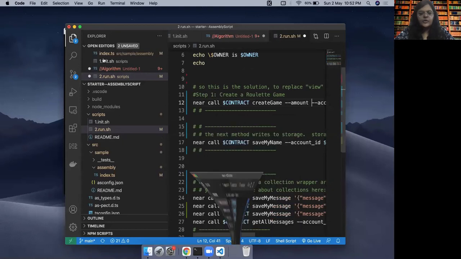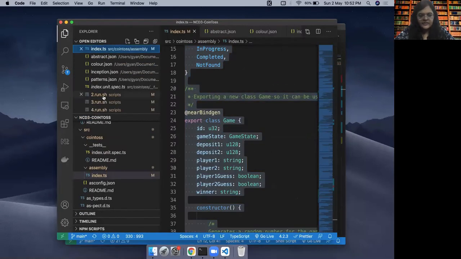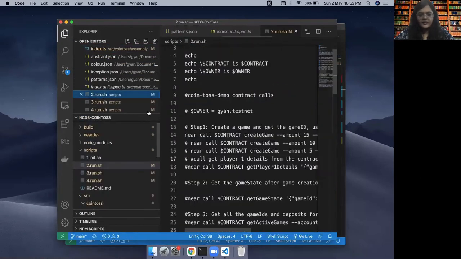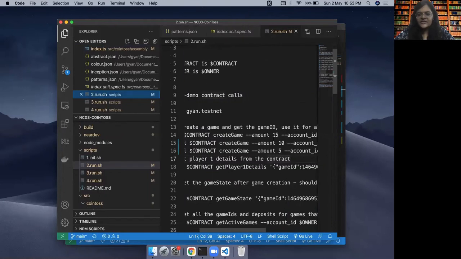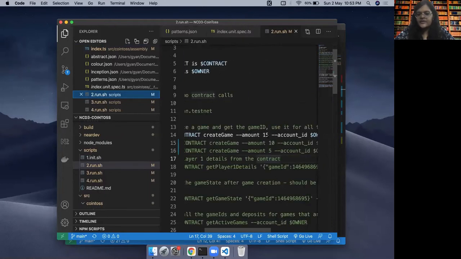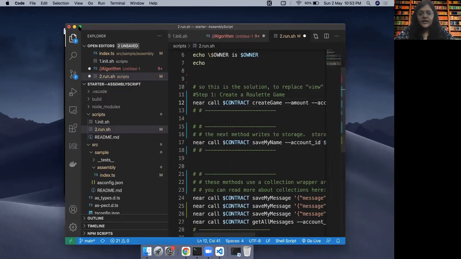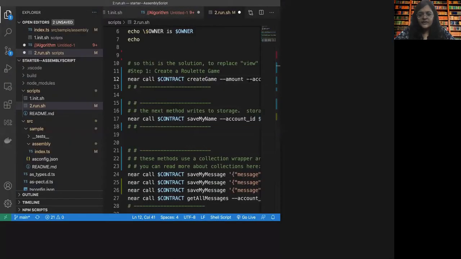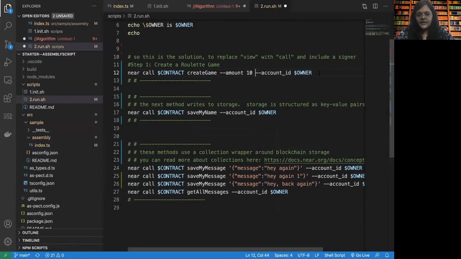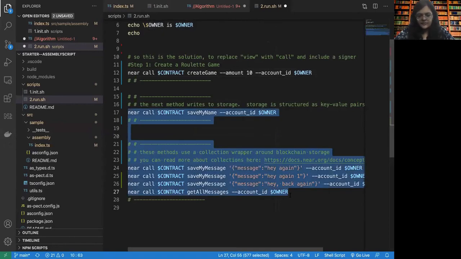So I'm going to open my other script that I had written earlier. I can just send hyphen hyphen amount as the amount of near that I want to send. I just want to cross check that. And now that I'm clear on that, I'm going to be sending an amount of 10 near and calling the create game.